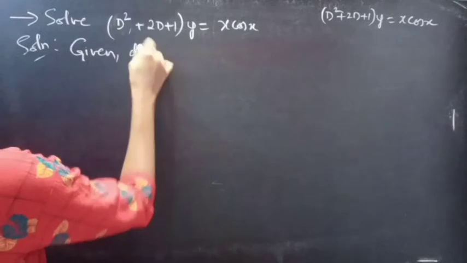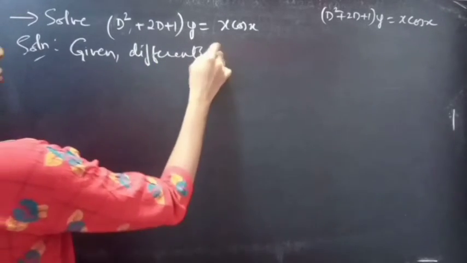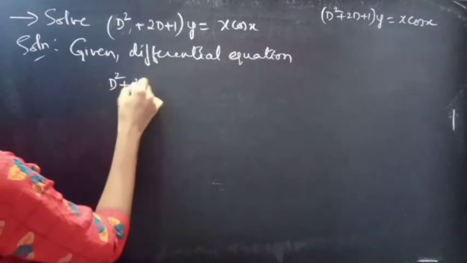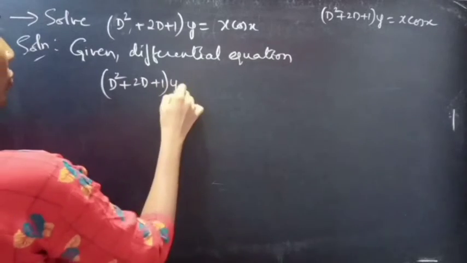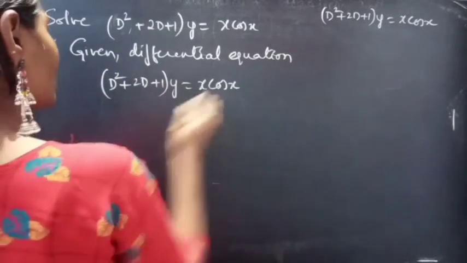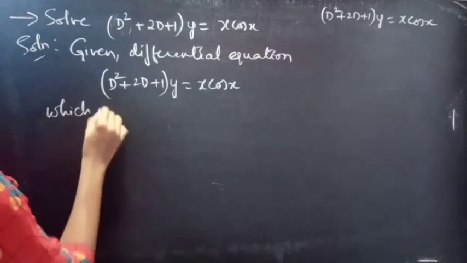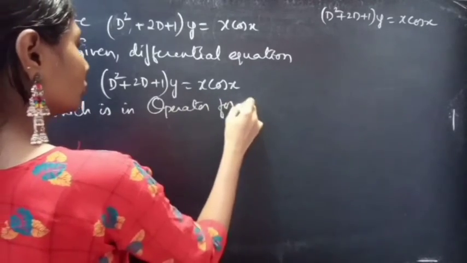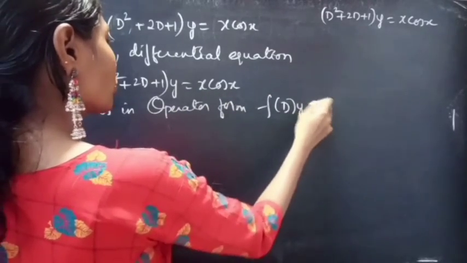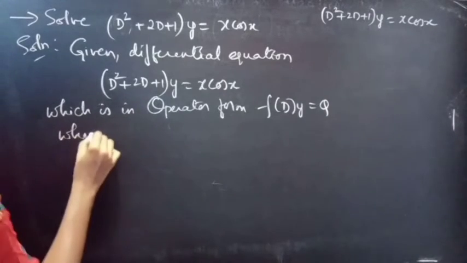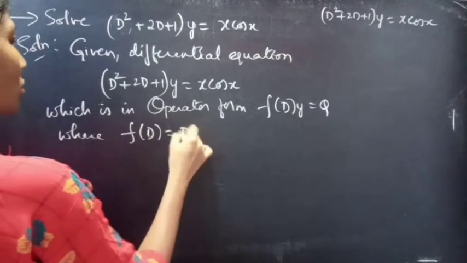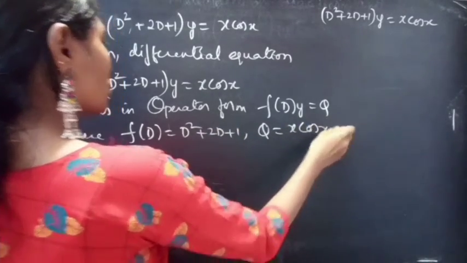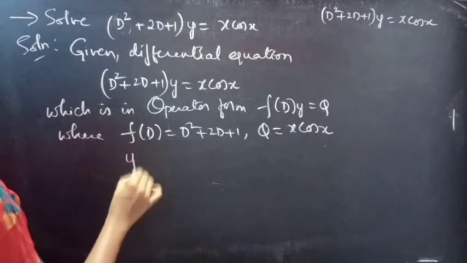Now coming to the problem. Given differential equation, (D square plus 2D plus 1) y equals x cos x, which is in operator form, f of D into y equals Q, where f of D equals D square plus 2D plus 1 and Q is x cos x. Now we need to find the general solution to the given equation, which is given by y equals yc